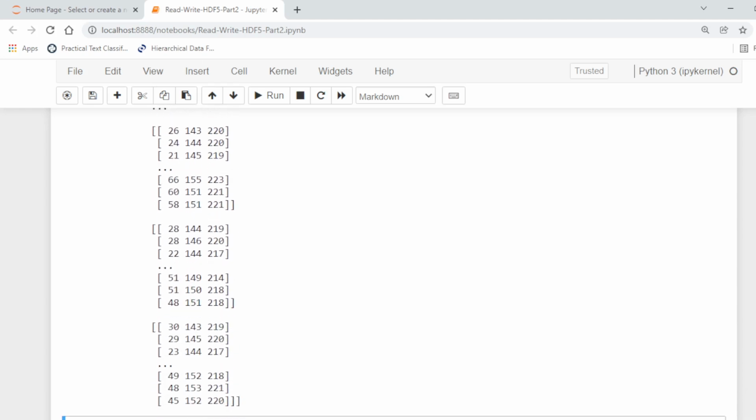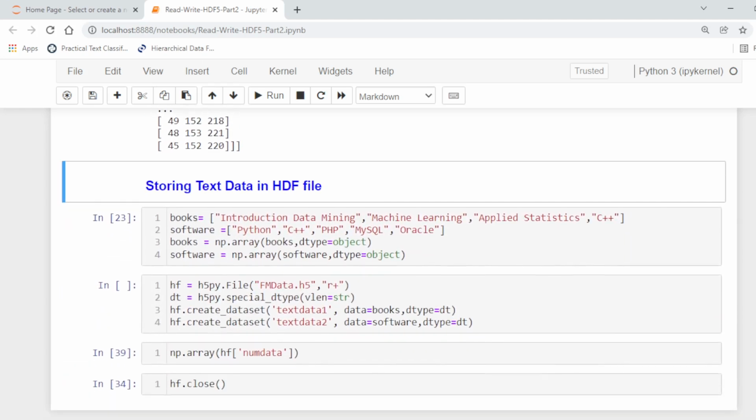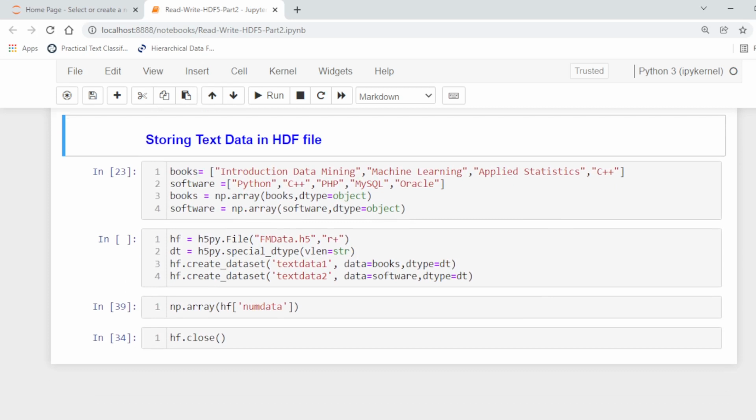Now to store text in the HDF file, in the same file we want to store the text data. So here is a list, books and software. This is a Python list. First of all we convert it into a NumPy array, and the data type is object.